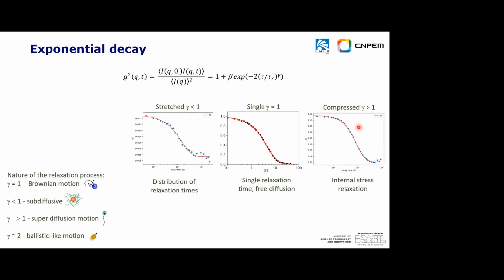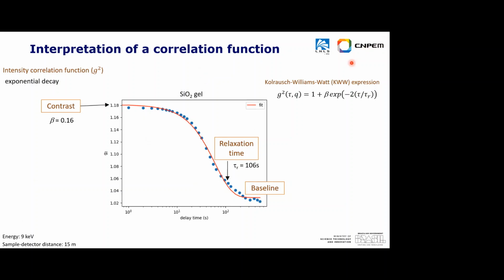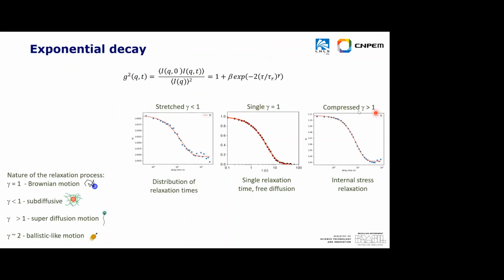So, based on the shape of the exponential decay, we can have different relaxation processes. First we calculate the correlation function, then we can fit this exponential with different models. The most used for soft matter is this KWW expression. From this fit, we can obtain the gamma, and this will give us information about the nature of the relaxation